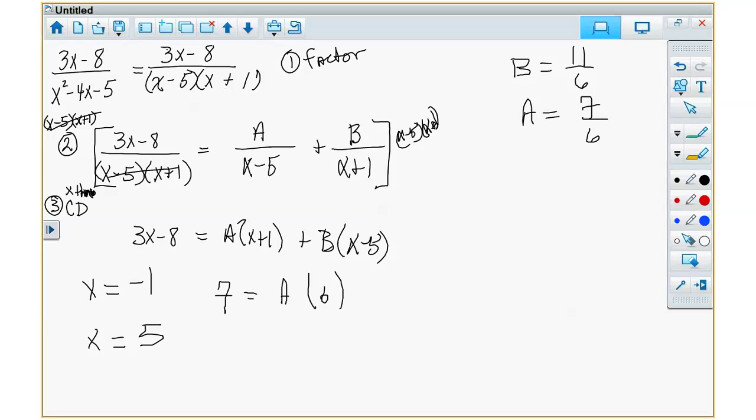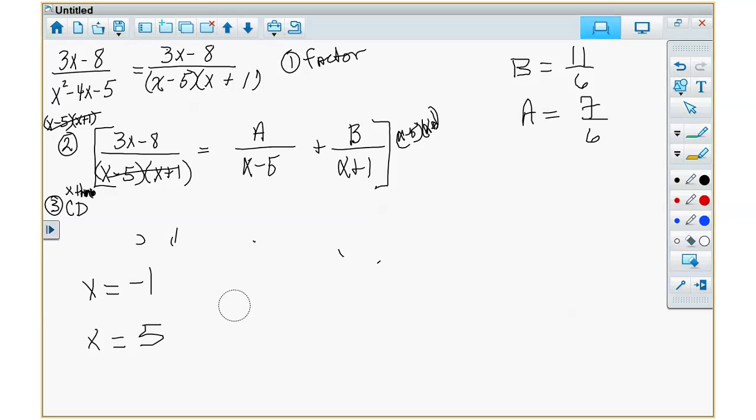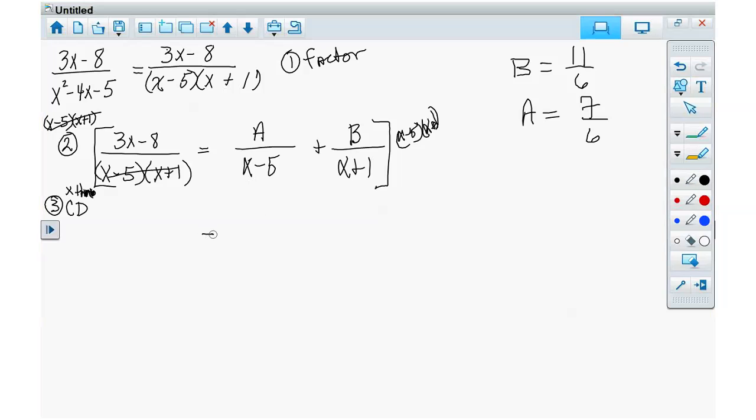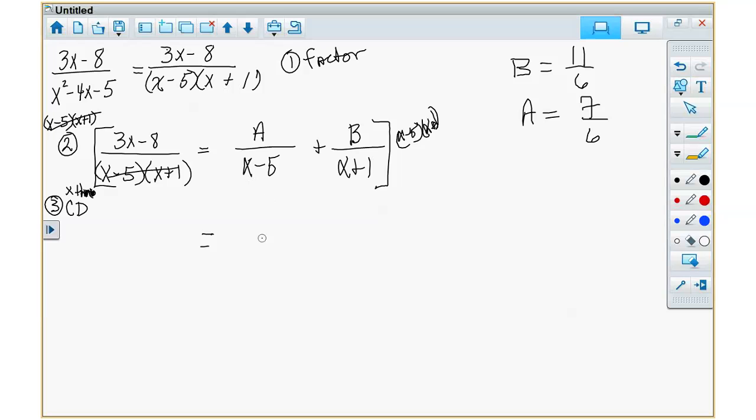Now, you take those two numbers and do what? Plug them back into the original equation. Is there any significance that they both have the same denominator? No. Sometimes they'll be different. We did multiply by the common denominator, but sometimes they'll be the same, sometimes they won't. So that's equal to 7/6